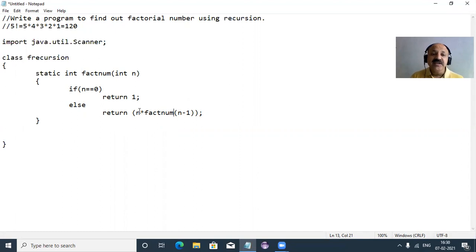First all calls are pushed, the stack algorithm, and then popped. So all the multiplications happen, and ultimately 120, with push and pop, and then it is returned in our main function.